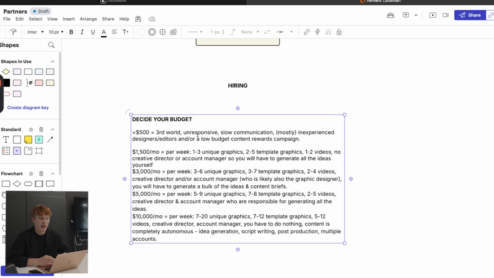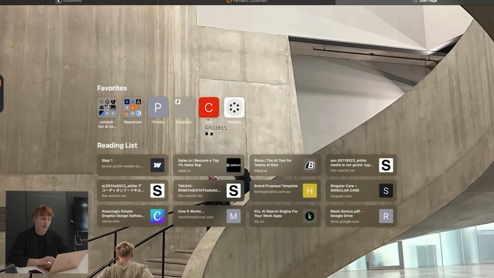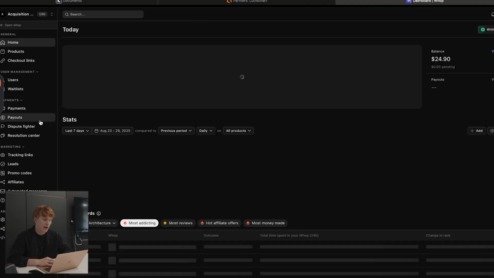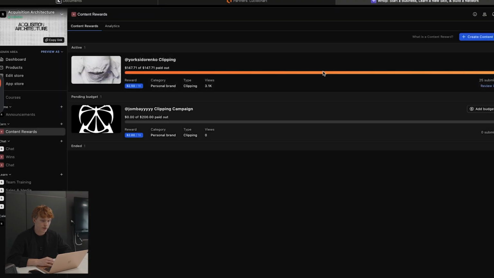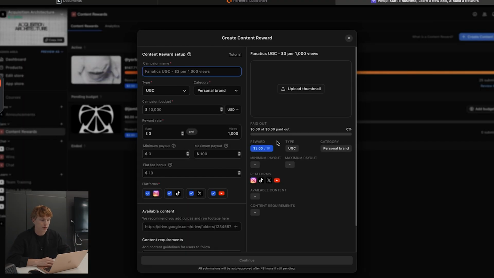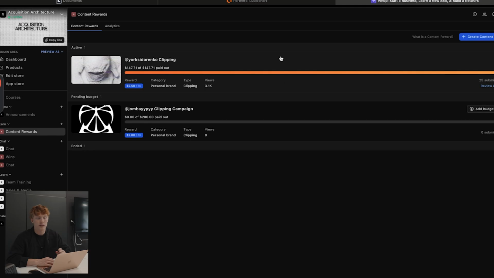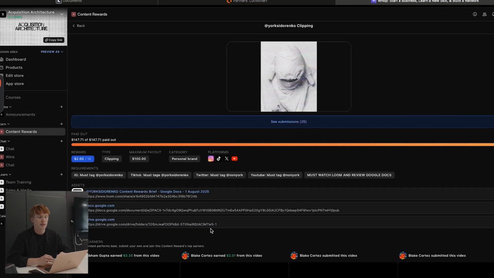Another option you can do here is set up a content rewards campaign. I really recommend doing this if it's a personal brand. For corporate brands, it's a little harder to do. A content rewards campaign is basically a feature within Whop where you would create a new campaign, upload a bunch of content like video assets, and then give instructions for the content, what to make.